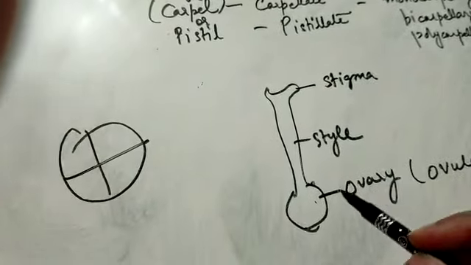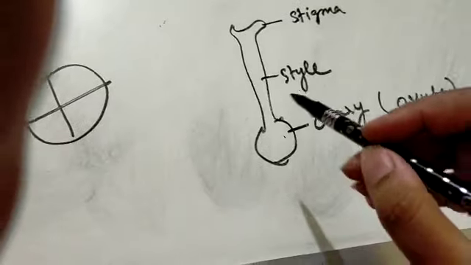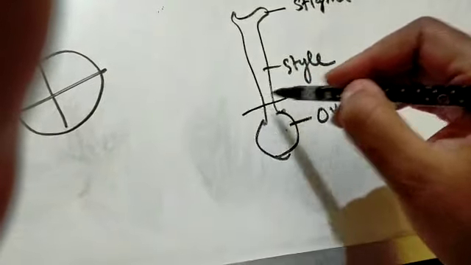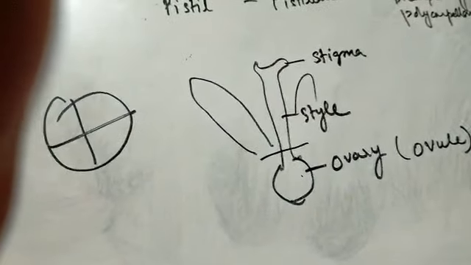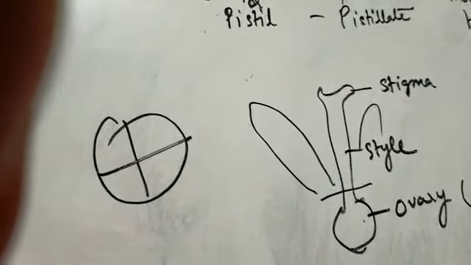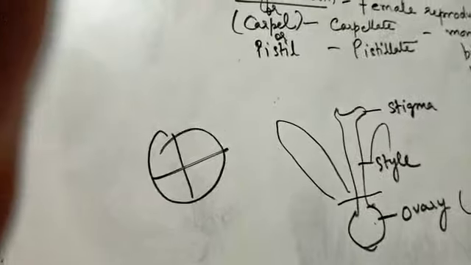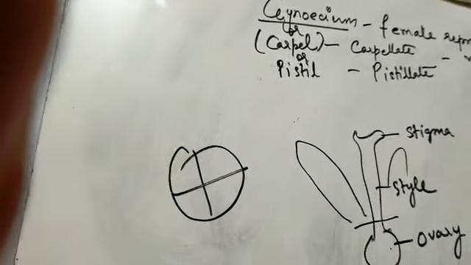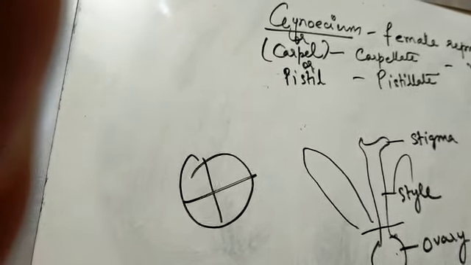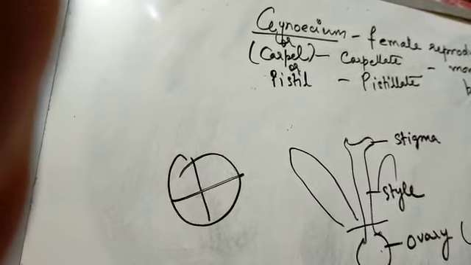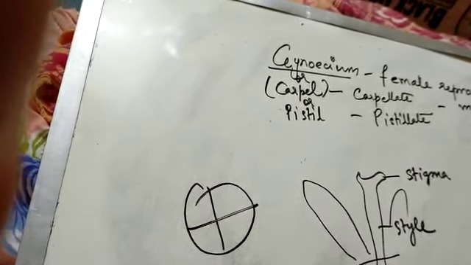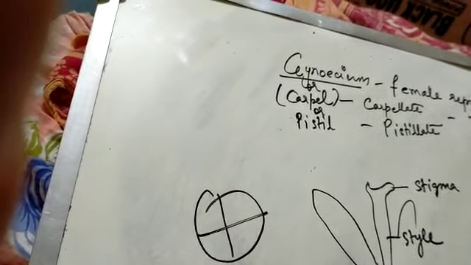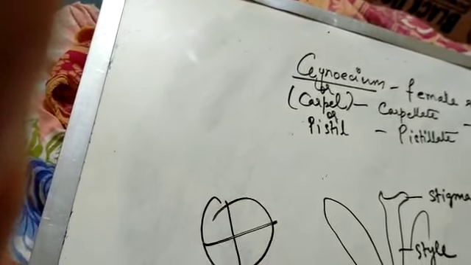Sometimes it happens, like if you see in China rose, the ovary is placed below all the four whorls, the petals, the sepals, everything is above the ovary. Okay? That is, the ovary is inferior. Such an ovary is called as epigyne. Epigyne. Gyne stands for gynoecium and epi means inferior ovary. Sunflower, cucumber.